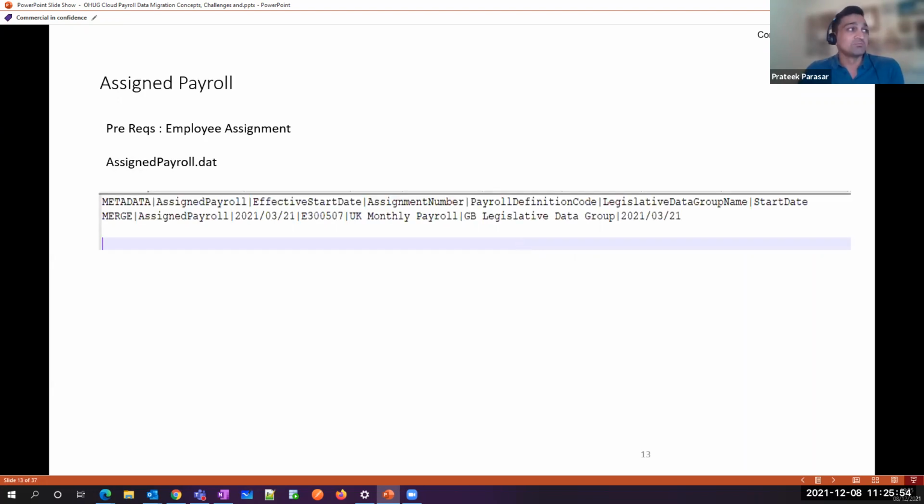Again, assigned payroll, you want to tell the system when this employee went into this specific payroll. Here, like an example, this employee started on UK monthly payroll on this date. Now you can make this date as a go live date, because all you are calculating is from here onwards. But consider that if you're bringing any historical balances, let's say you want 1 year or 2 years of history in payroll,